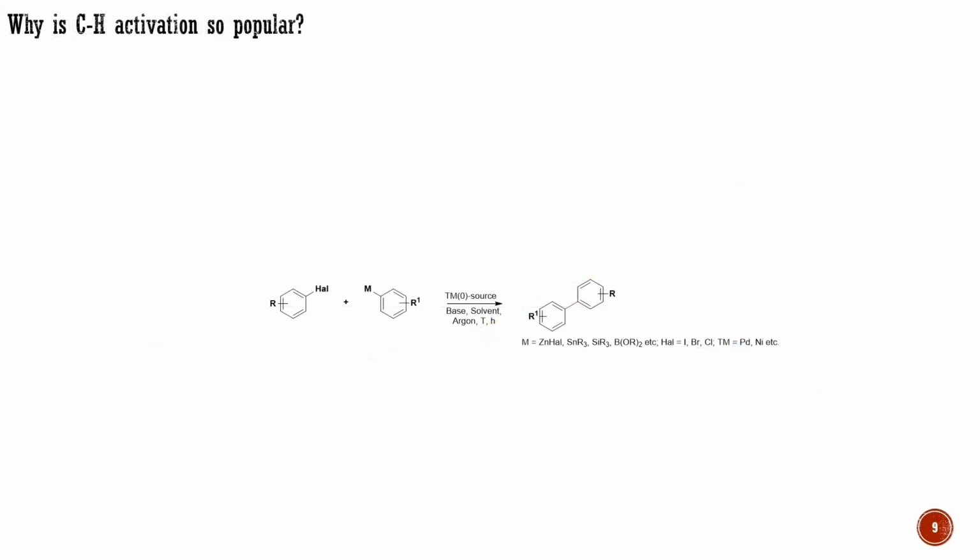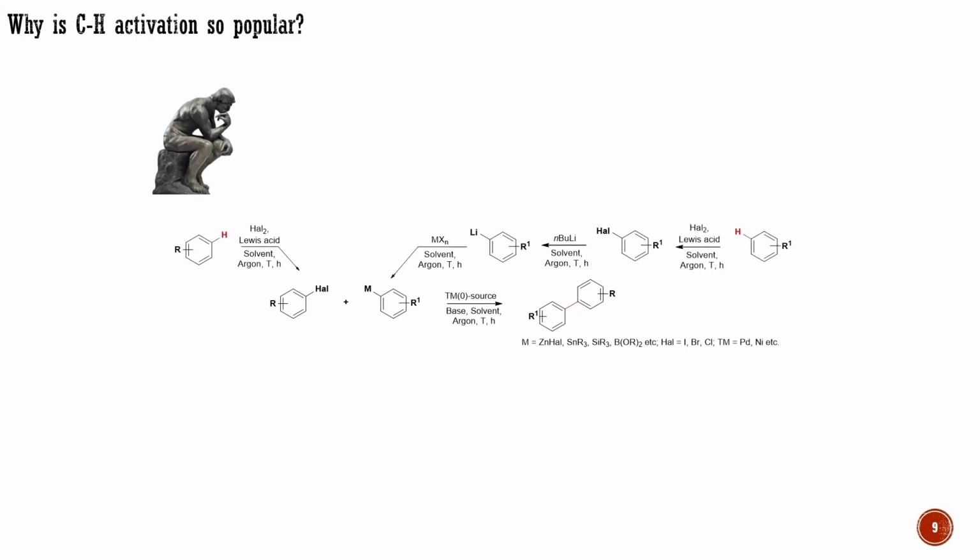To understand why this field is so popular, let's go through two examples. First, let's consider the synthesis of biaryls. Traditional approaches to biaryls are based on well-known cross-coupling reactions between aryl organometallics and aryl halides or pseudohalides, such as Suzuki coupling. In this case, one needs to first prepare the starting aryl halide and organometallic reagent from commercially available